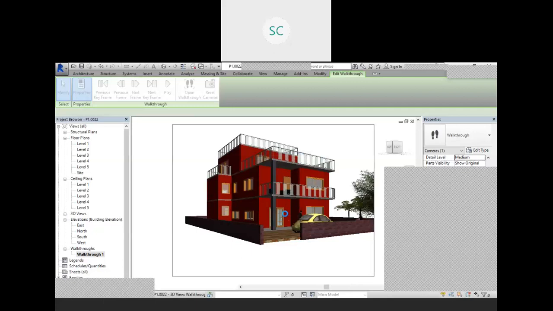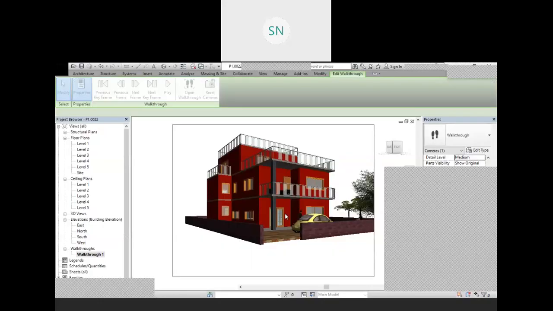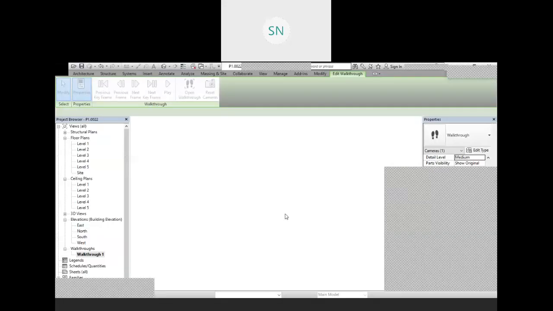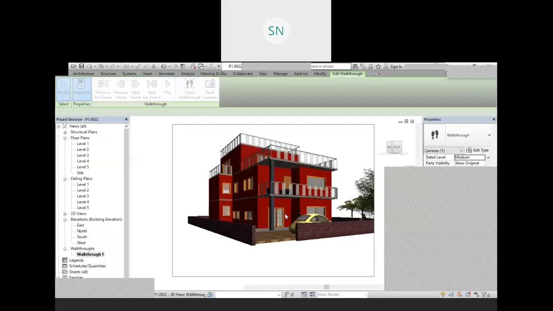So now it may take too much load also, right? It is just a realistic view walkthrough animation. This is not the rendered output. If you want a rendered output, then it will take too much load.